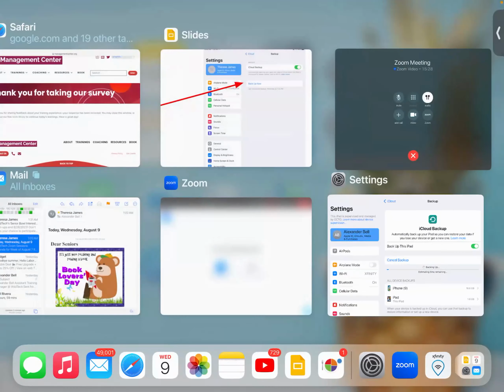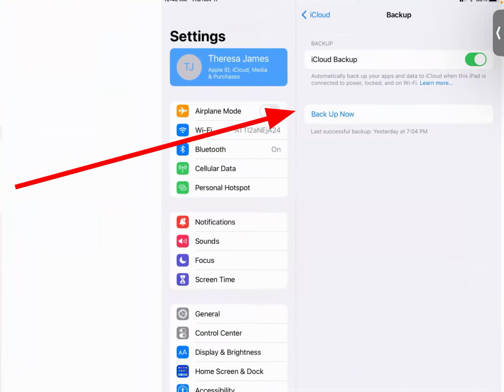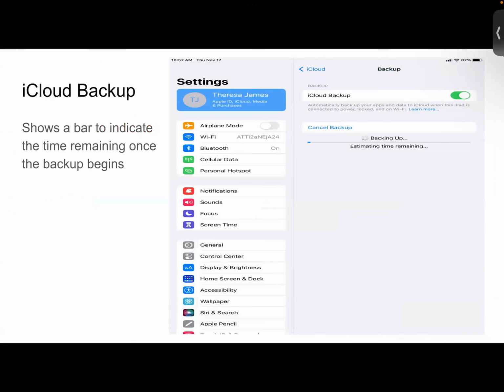Again, on Teresa's here, when she did this a couple of months ago, it said yesterday at 7:04. So if you do a backup today, tomorrow it will say yesterday. After that, it will say the date and time that you completed that backup. The backup shows a bar to indicate the time remaining once the backup begins.